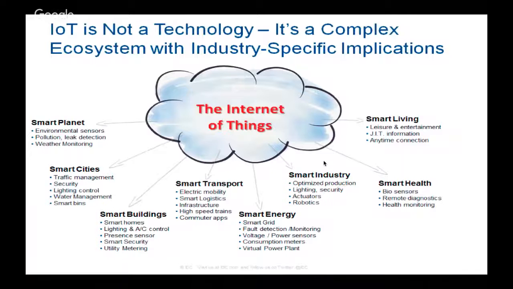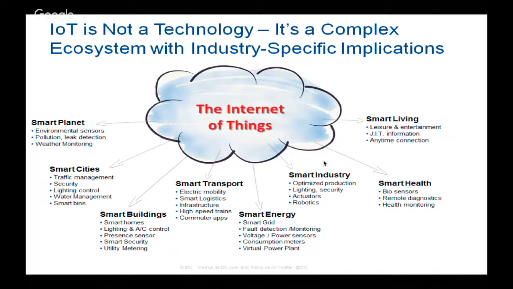And like I said, it's not just a technology, it's a complex ecosystem, and has industry-specific implications. So today, Internet of Things can be utilized to build smart planets. You can build environment sensors, pollution, leak detection, weather monitoring. You can build smart cities, traffic management, lighting control, water management, your bins, smart buildings, your smart homes, AC controls, security, transport, logistics, smart energy, grid monitoring, power sensors, smart industry to make sure your optimized production is there, your